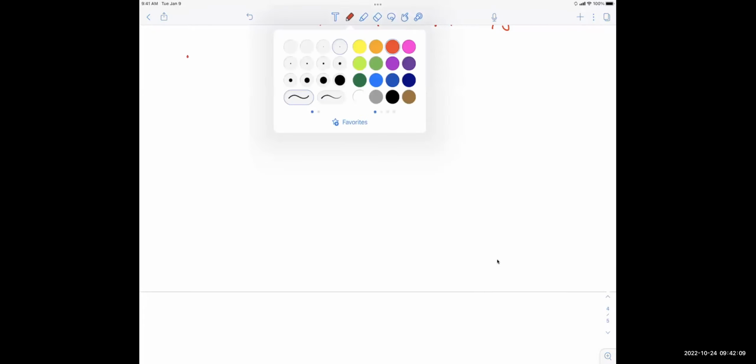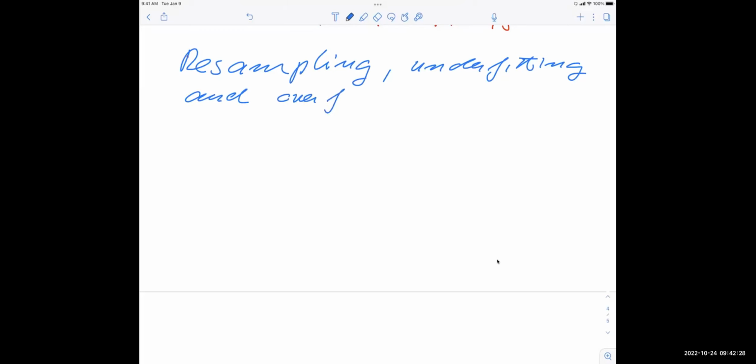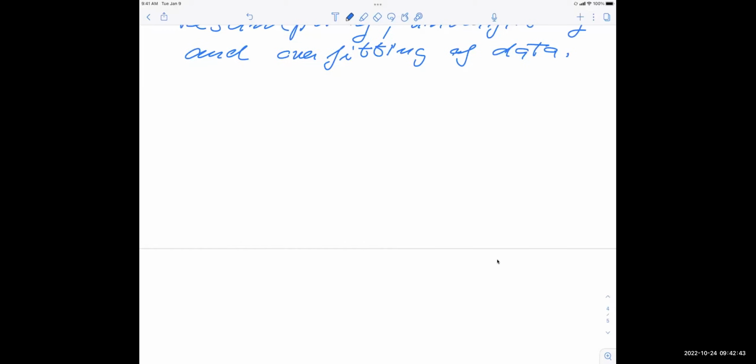which you're going to meet when you run calculations. And this leads us to some central topics. So let's now put up resampling, which then is also linked with the problem of underfitting and overfitting of data. So let's make a general observation first. Suppose we are calculating the mean squared error,